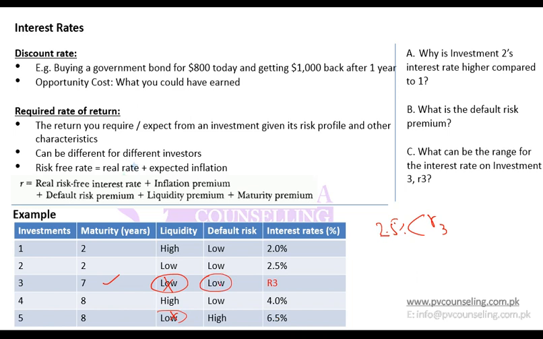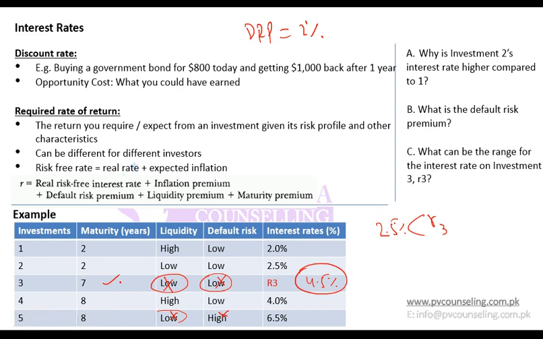If I look at the default risk, it is low. If the default risk is low, then the return should also be lower. So what is the default risk premium? Default risk premium which we calculated was 2%. So that means if it is 6.5, then it should be 4.5% if everything else is same. So we have accounted for default risk premium. It should be 4.5 if everything else is same. But then again, it has higher maturity. So that means there needs to be a maturity adjustment as well.